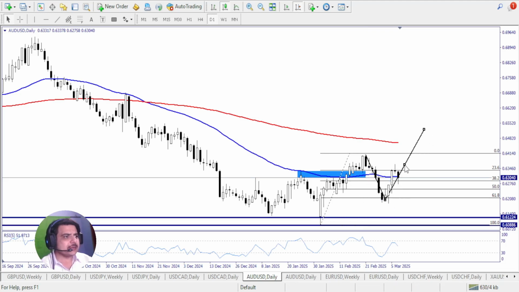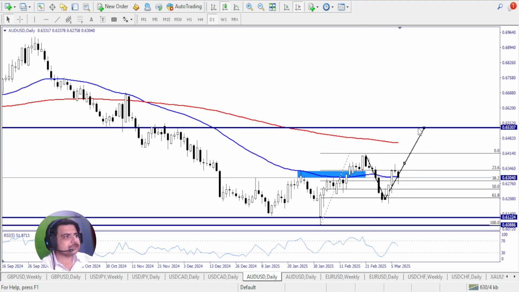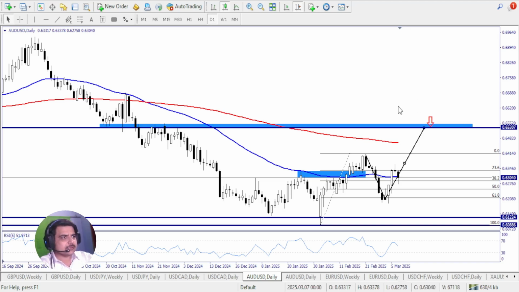Now it suggests an up move towards 0.65520 again. So obviously it's going up there and I'm going to take a sell up there. There's a very nice resistance as well, previous breakout point as well. In the next episode I will discuss it in further detail. Anyways, I'm not trading it in the upcoming week, and this level is now not important for us anymore. So let's see, if I add it like this,